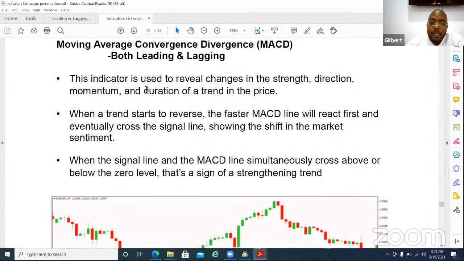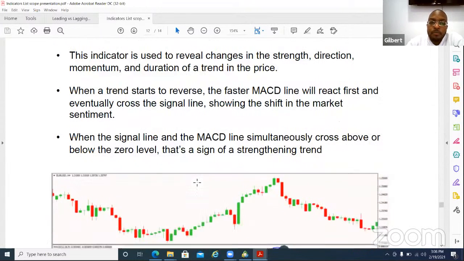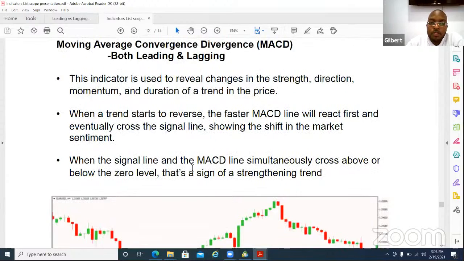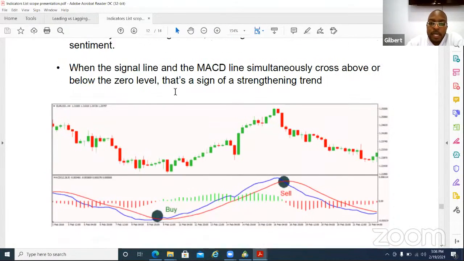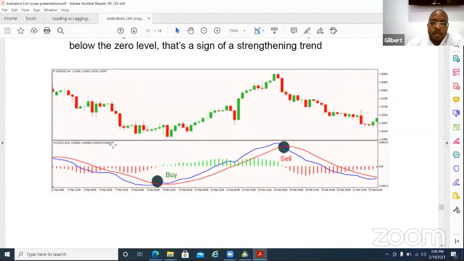And then we have the MACD. So due to time, let me just go and explain what it is. The MACD is both a leading and a lagging indicator. If you're using it as a leading indicator, we can use these faster moving averages. When they cross over